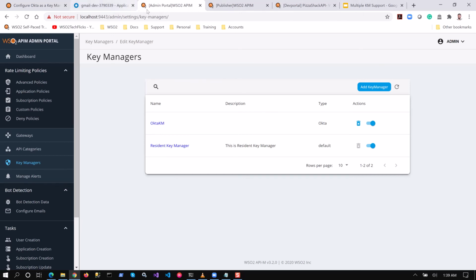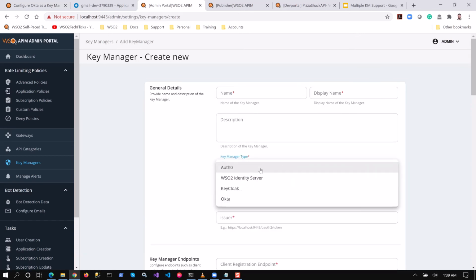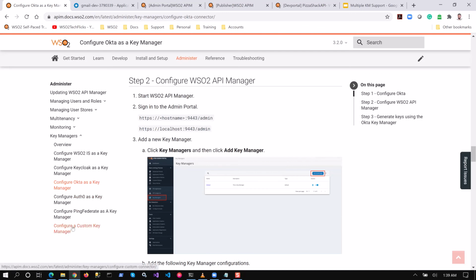I hope it's clear for you how to configure a third-party key manager. So you can try out the other options as well, Auth0, WSO2 Identity Server, and even Keycloak. We have provided the necessary documentation for you to follow along and get it configured.